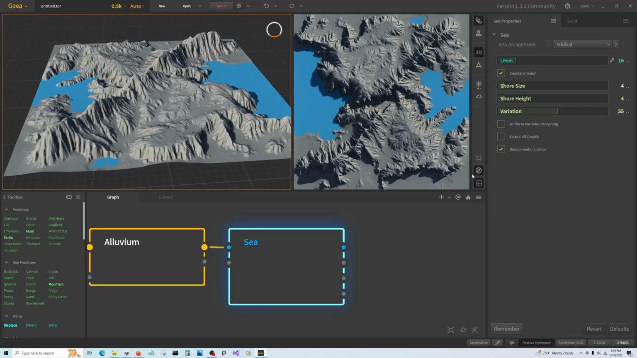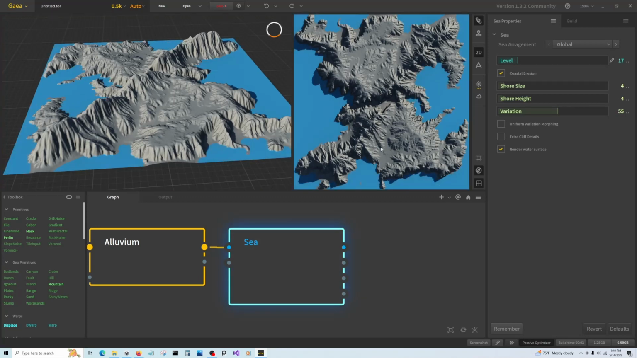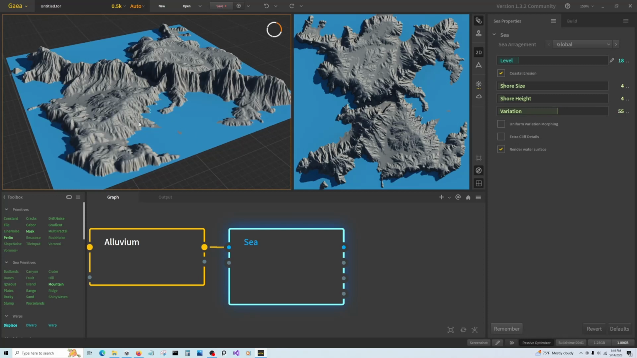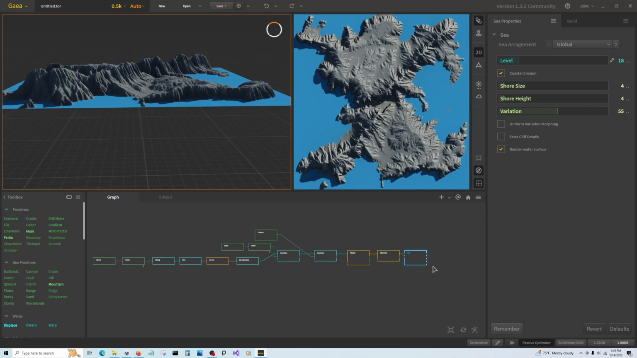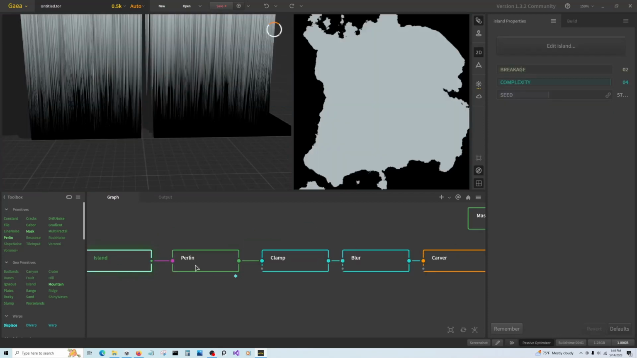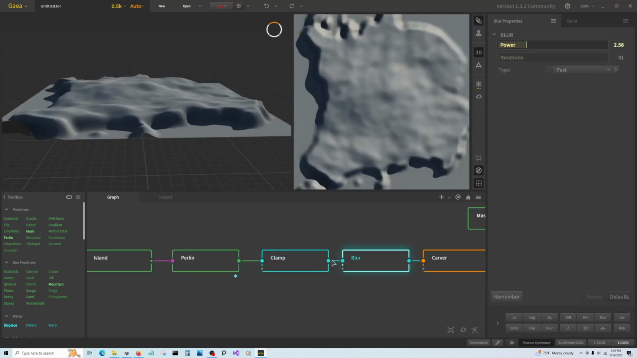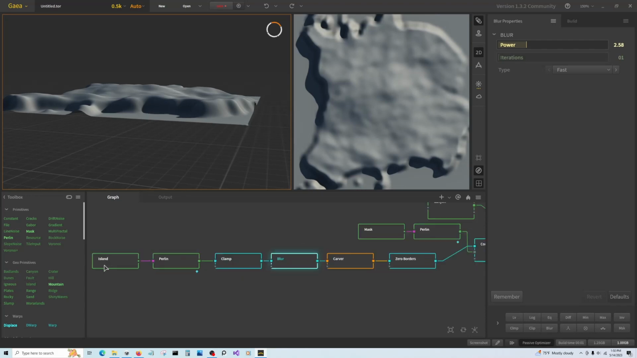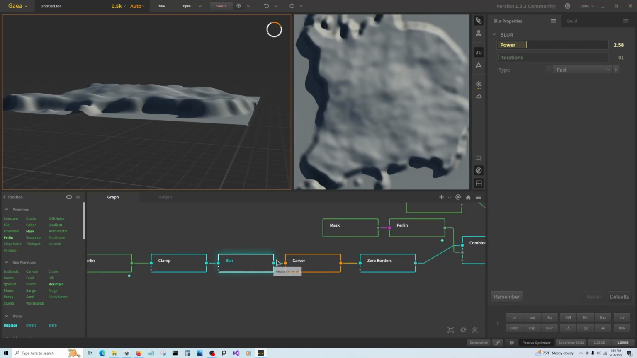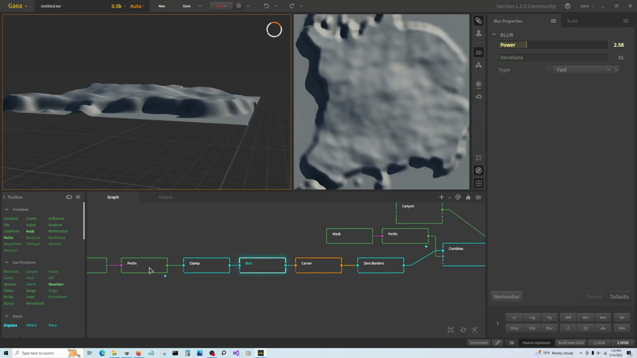Okay, we need to go up a little bit more with our level. There we go. And we're pretty much off the edge of the map. Let's try 18. Okay, that looks pretty good. So it's generally flat. What I was really hoping to show off with this technique is, with island, purlin, clamp, blur, it's generally a flatter area. It's not one hump of a landmass as if you would start with a mountain or a range. And another way to process that